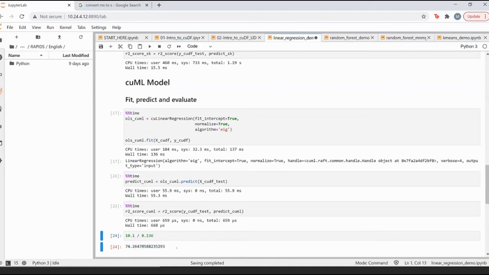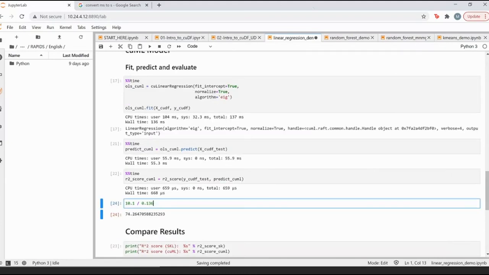Obviously, like I said, it's just a couple of seconds, so it might be trivial for this particular use case. But when you really scale this to a larger extent, and the computing time moves from seconds to hours to days, at that point this 75x matters a lot. I'm just going to pause here. If there are any questions, then I'll move to the random forest demo and see if we can also cover the k-means demo as well.